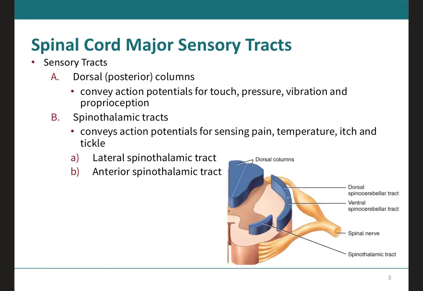First, let's cover the sensory tracts. Like I said on the previous slide, one way that the spinal cord will promote homeostasis is by propagating the action potentials along these tracts. And these tracts will go all the way up from the spinal cord to specific regions in the brain. The name of a tract often will indicate the position of the white matter, in addition to where it begins and ends. So for example, the anterior spinothalamic tract is telling me exactly that it's starting anteriorly and